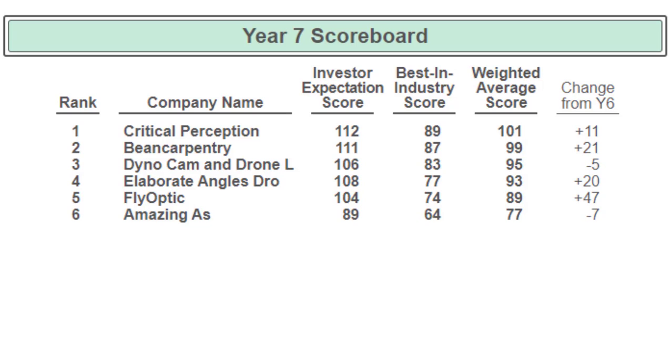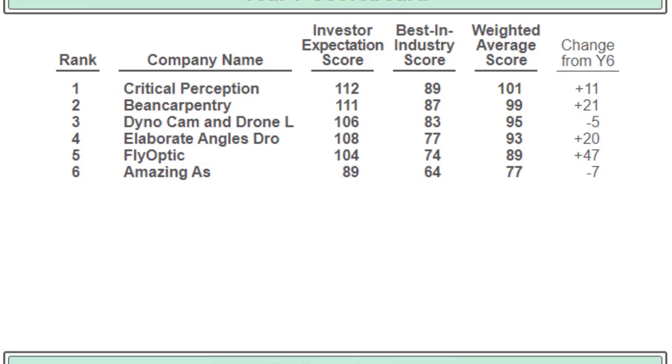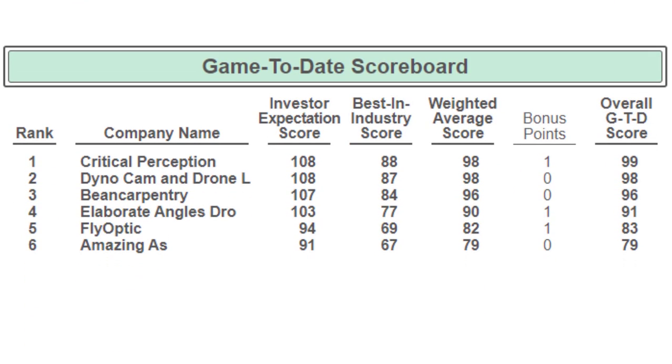So that's not bad. But let's go ahead and actually look at the game-to-date scoreboard, because that tells us the overall scores for the entire simulation, not just for 1 year. And as you can see, Team C actually did leapfrog Team D. They gained extra bonus points. Then again, if you don't know what the bonus points are for, make sure you're reviewing the manual. They're at 99. So great job, Team C. Team D, you're right there. You're at 98. So very respectable, of course. Team B, 96. Team E, 91. So everyone who's in the 90s, that's going to be tough. This is going to be tight competition.